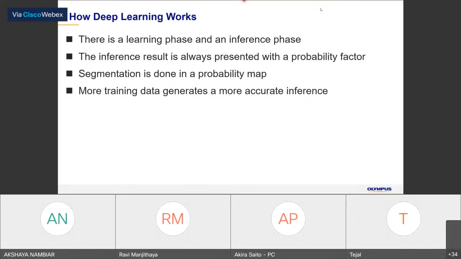And also in the inference image, as I mentioned in this slide, there is the probability factor, the 1 or 0.9 kind of thing, so we can see how varied it is from the probability factor from the image. I'm not sure whether I am answering correctly or not.